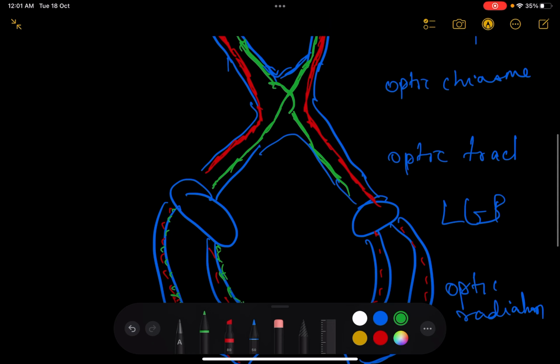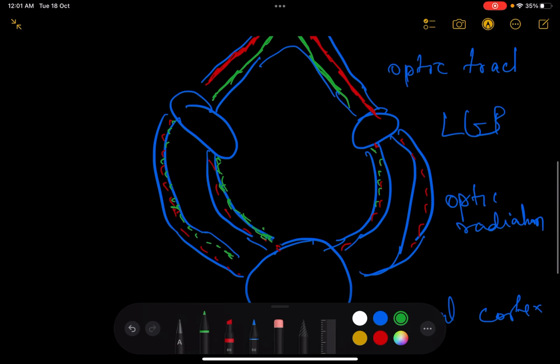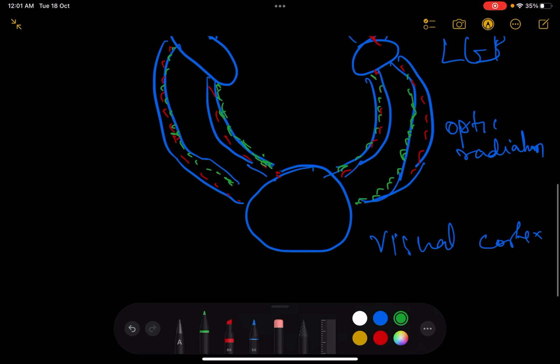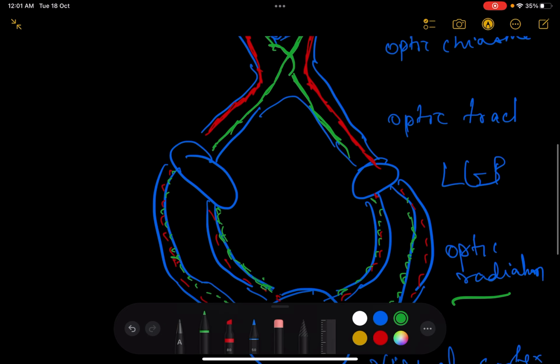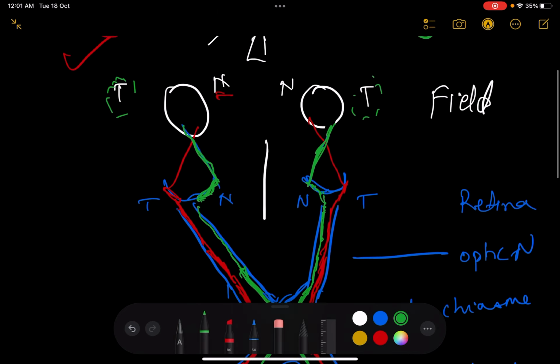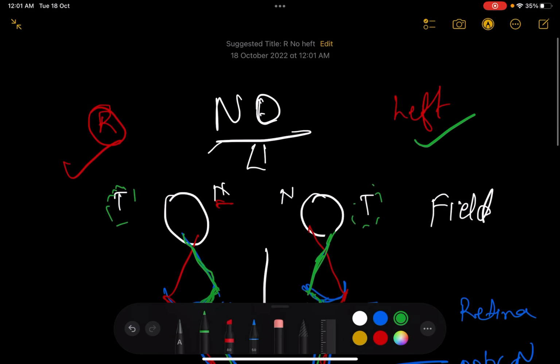Alright, and again it goes into the visual cortex via the optic radiation and the lateral geniculate body. So this is the most basic part of the visual pathway. Okay,